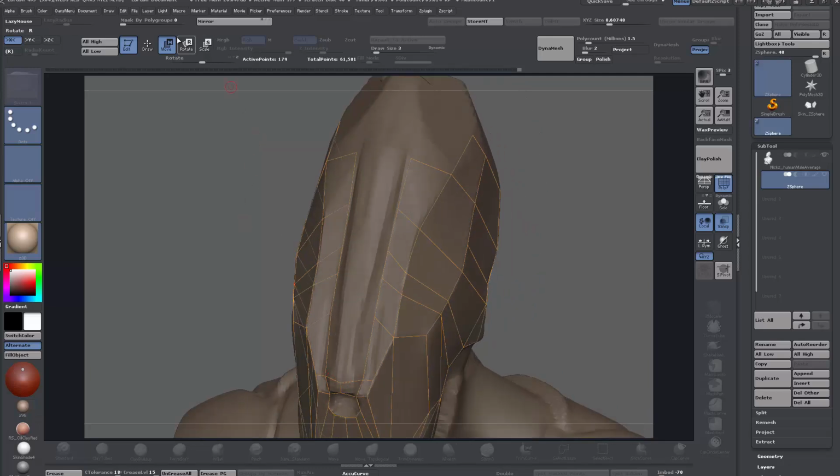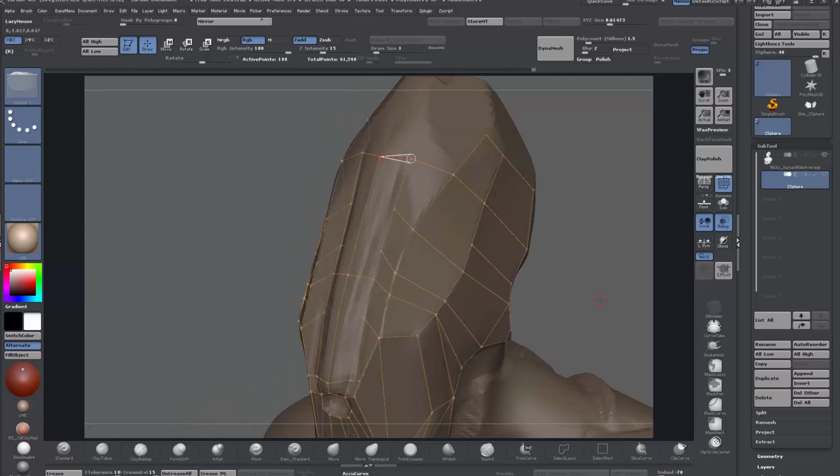So back to draw, and just make sure we pick up our symmetry, and I'm going to just click and click, and we'll see now if ZBrush has filled that in, and it has,